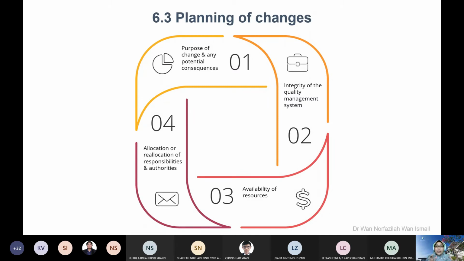Of course, this one is straightforward because its performance has dropped. And then another strong reason might be spare parts. For a GCMS that is 10 years old, spare parts might not be available nowadays. That is the purpose of the change. I'm giving you 2 examples, but there are so many, not limited to that. And then any potential consequences. What is the effect if you change? That also needs to be planned.